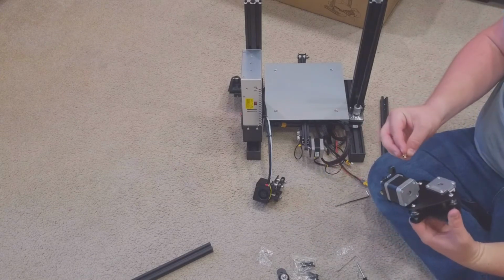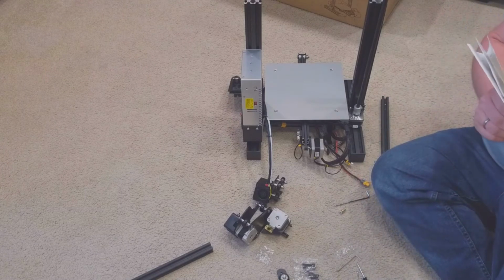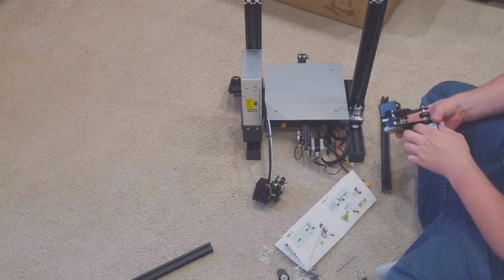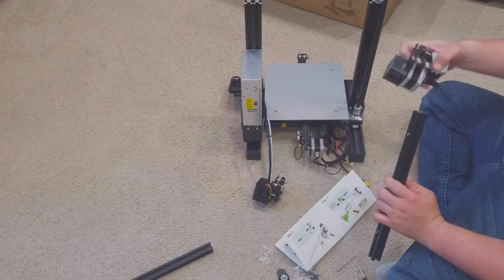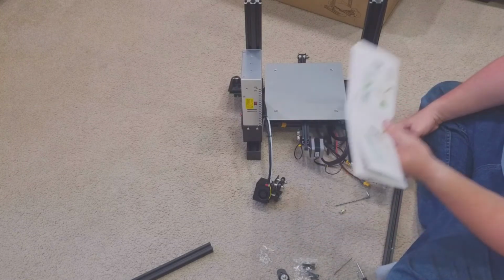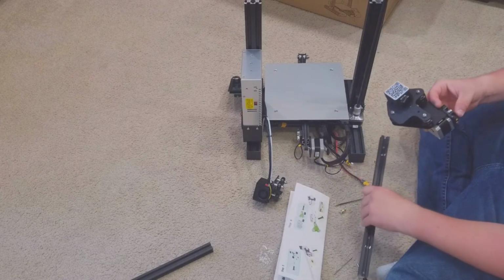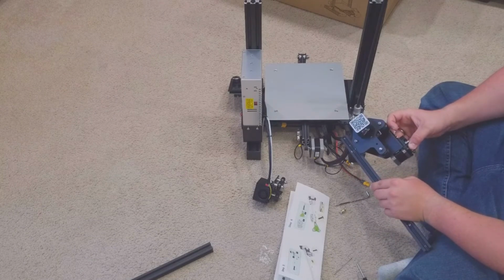So I know where this goes. This goes right. Oh great, which side does it go on? Okay, let's start. Yep, let's throw that. So it's just showing it going on here. I do see how there's like a track right here. It's gonna stare at this for a really long time. So this goes down like this, and then that track system is right here. It's just sitting on there. I don't understand why they're